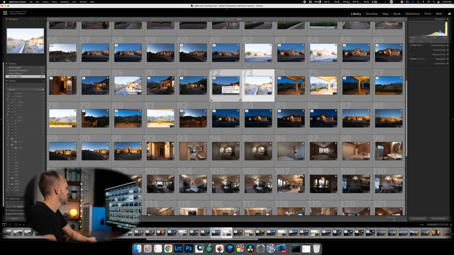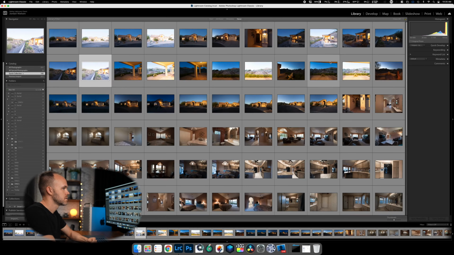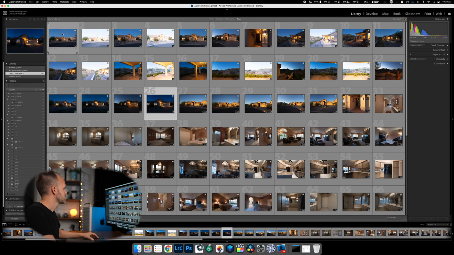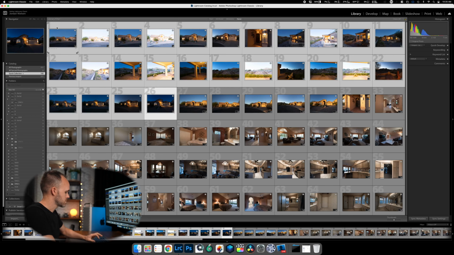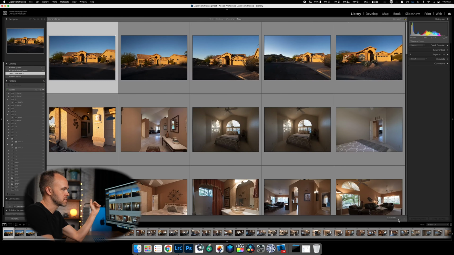So, alright, now we'll dive into our quick collection here. Hold on, we have some extra ones here. I must have selected these ones as well. Alright, so these are the HDR ones. You can tell by the file naming over here, and these were the first shots that I shot the home with. So first things first,